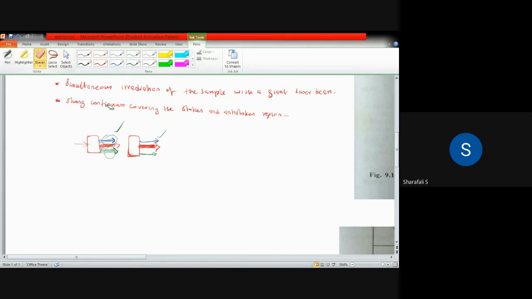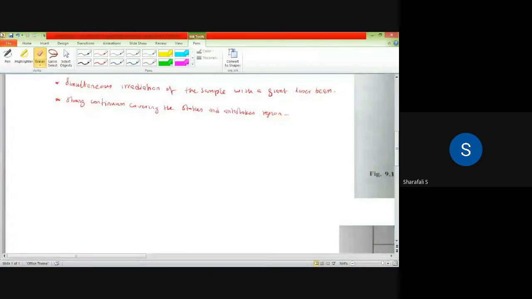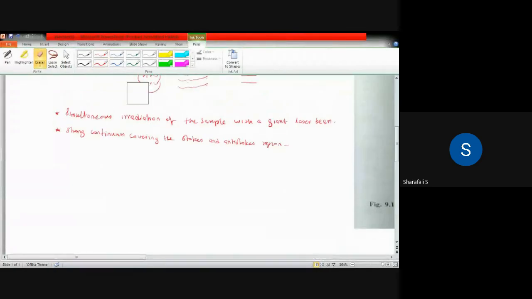You can look for more in different resources if you want to know. So this is a simple representation of that. That is not the exact picture, so don't take it as